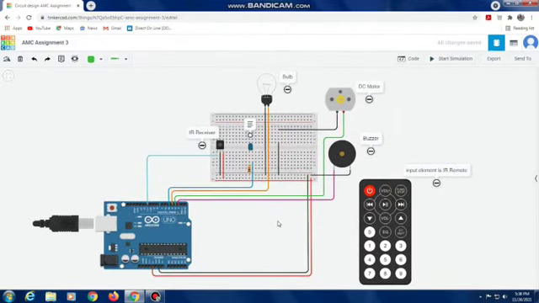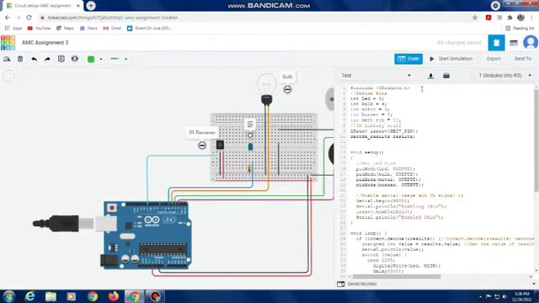Now we are going to look at the code I have written. In this, we are making use of the IRremote library, specially programmed for the Arduino Uno. In the first part, we are defining the pins, that means for which port, what we are going to make use of. Fifth one is the LED, and similarly for fourth, third, second, and 11th, these are the bulb, motor, buzzer, and the receiving port of the IR receiver.